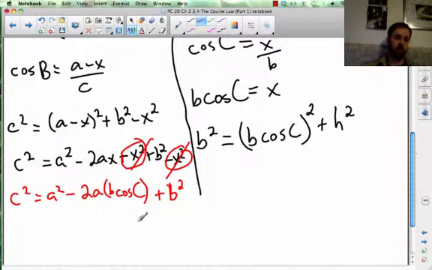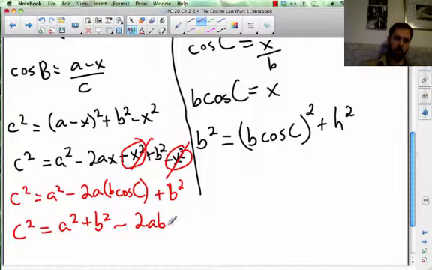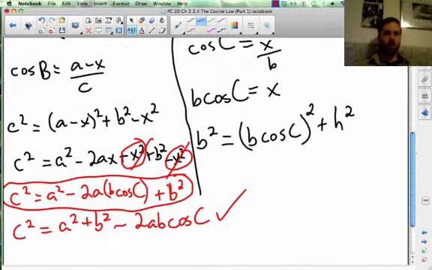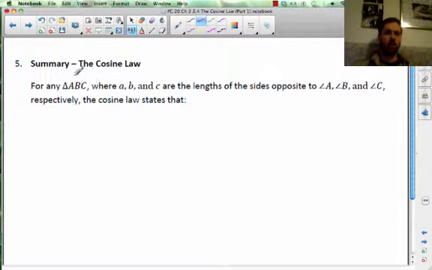And all you need to do is solve for whatever it is you're trying to solve for. So c squared equals a squared plus b squared minus 2ab cos c, which is just a rearrangement of this exact thing. I've just changed the order, and this is your cosine law. Okay, so moving on. In summary, the cosine law for any triangle